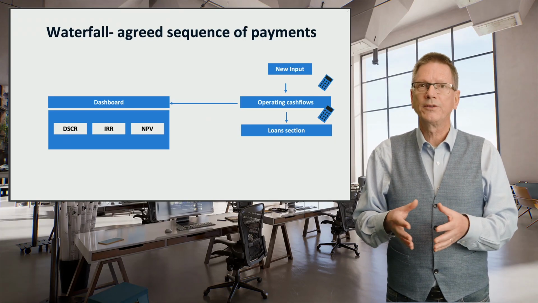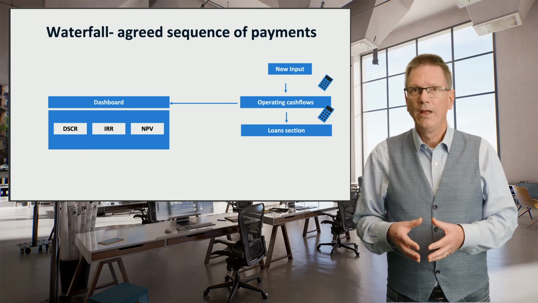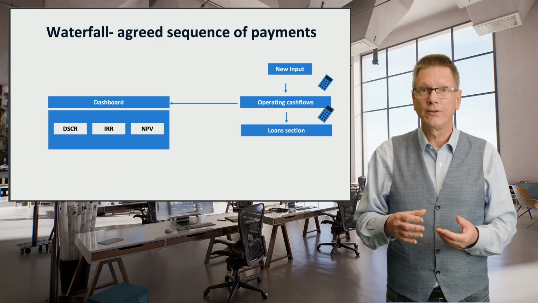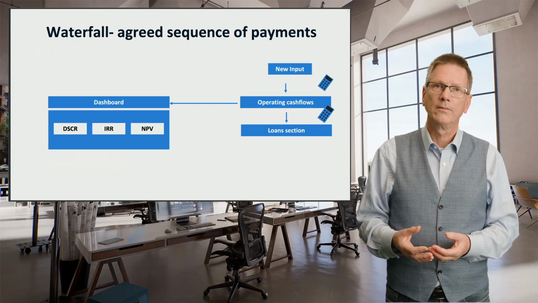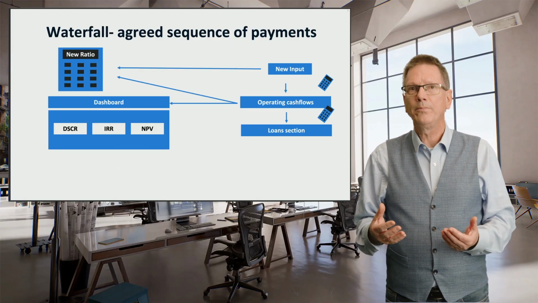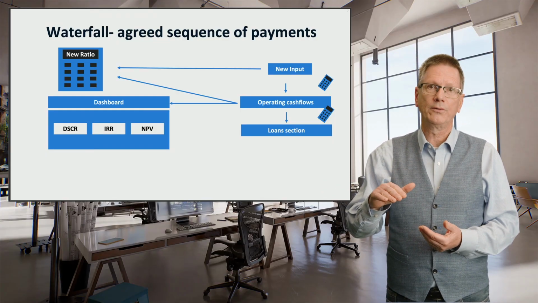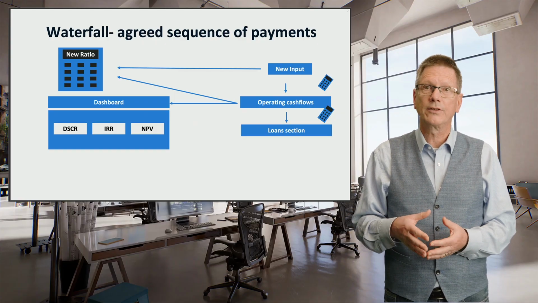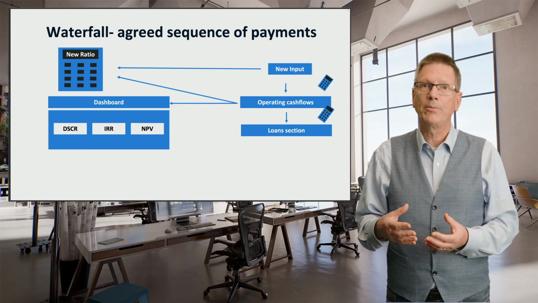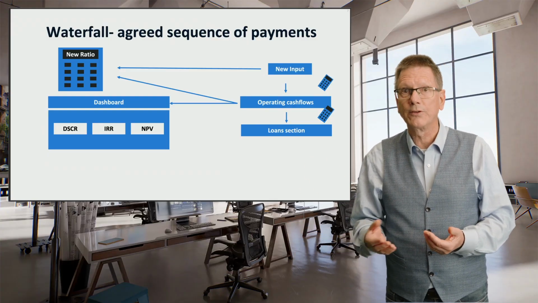In that way, the model tells us exactly what the financial consequences of the changes will be. This helps us to focus our attention on the key risk areas, and it also gives comfort to the lending banks that we've done our homework. The model will tell us when a change is so critical that our NPV falls to zero, or when we threaten to fall below the minimum DSCR threshold. That would create problems with our banks. If so, we need to manage these risks extra carefully to avoid that they happen. For example, by entering into turnkey contracts or offtake agreements.